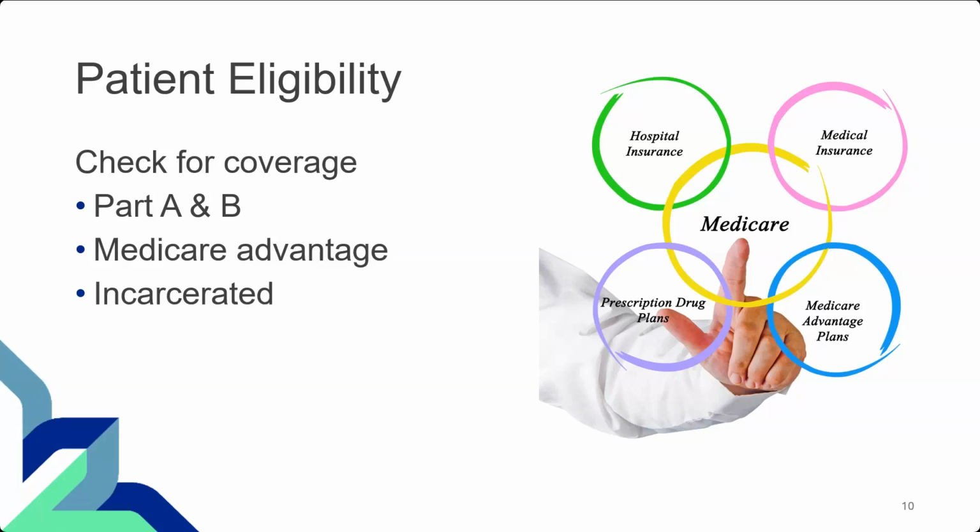Then you would follow the consolidated billing rules, and you may need to incorporate a modifier QJ to indicate, hey, yeah, we know they're incarcerated, but guess what? You still need to pay it because it's excluded from Medicare or from SNF consolidated billing, and they're required to pay it. So a lot went into checking that eligibility to determine whether you should be a skilled nursing